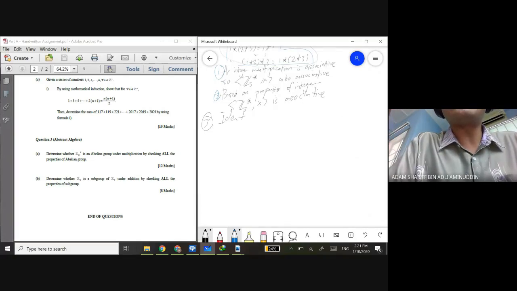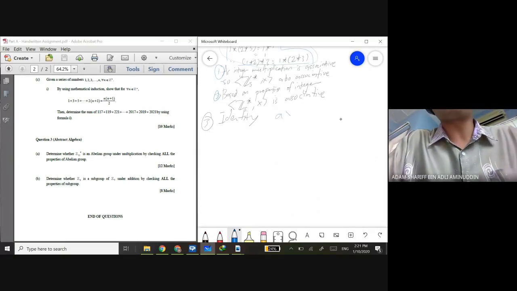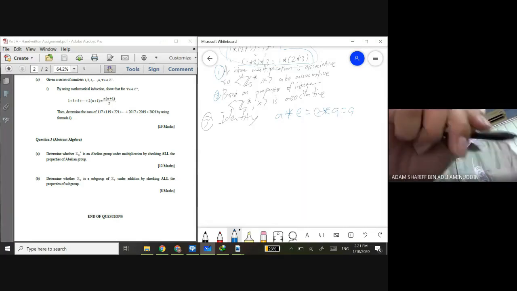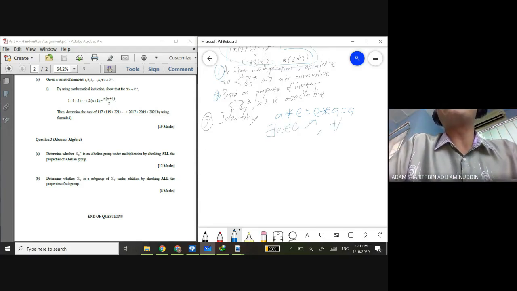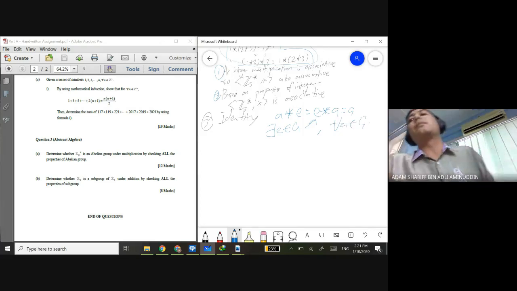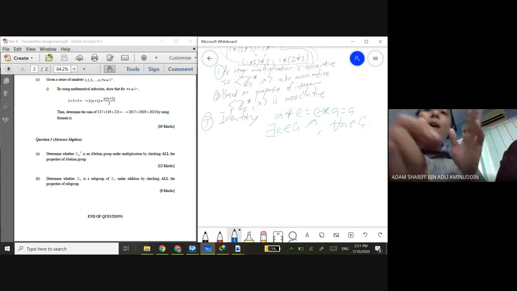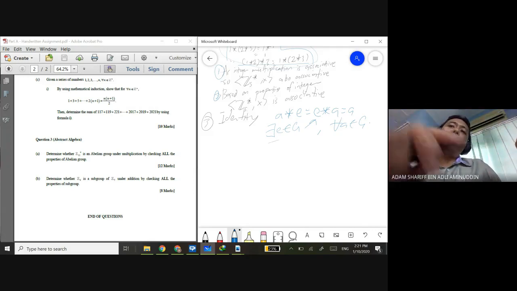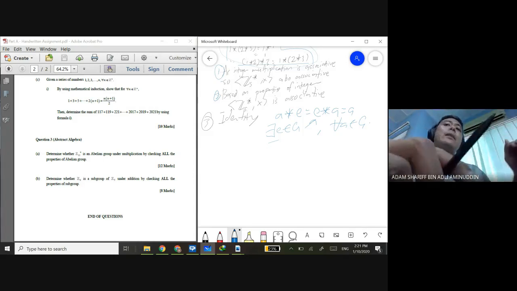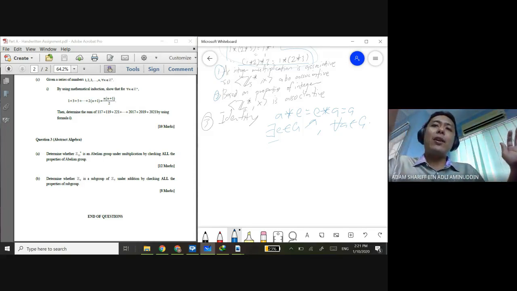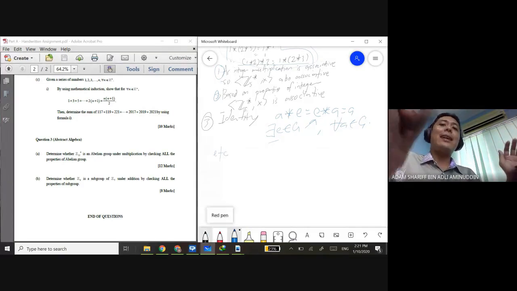And the definition of identity is that A binary E equals E binary A equals A. There is some element E in the same G such that this happens for every A in G. Alright, this one involves existential quantifier. There exists some identity such that A binary operation with E, you dapat balik A. For example, which is not necessarily the answer,